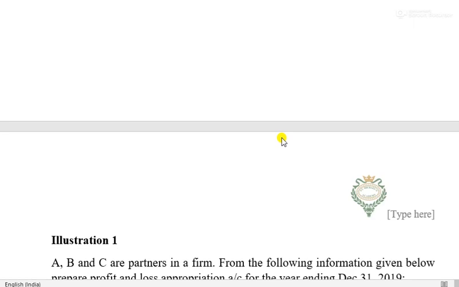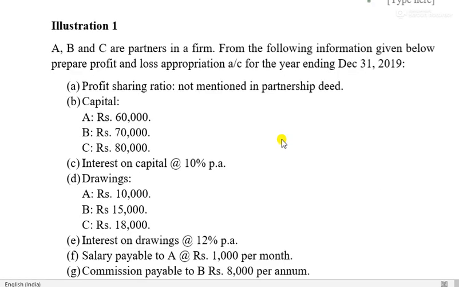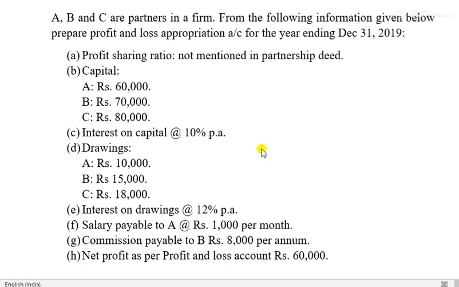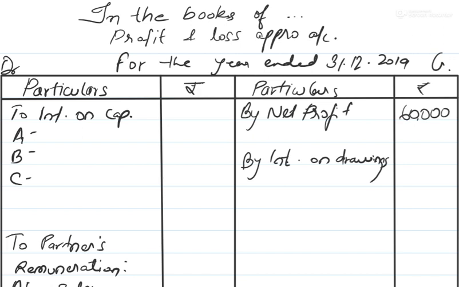So in the last class, we were going to do this illustration, but because of lack of time, we won't be able to do it. So in this class, we'll continue with the illustration, and I want all of you to first copy this illustration before starting the sums. And for those who have done it, very good, you can follow the illustration and see if yours is correct or not. In the last class, we had already read the sums, so read the illustration. Without any further delay, I am just starting the illustration, and I have already drawn the format. So I'll make it easier for you.